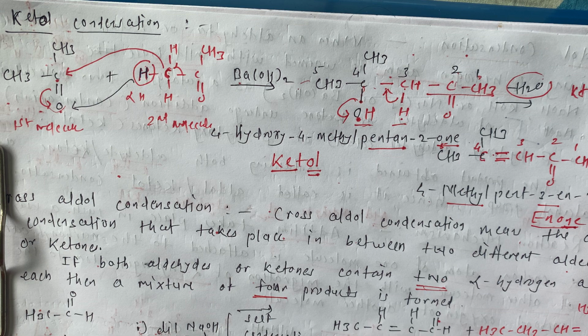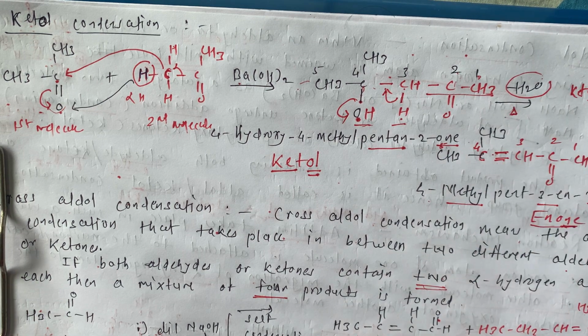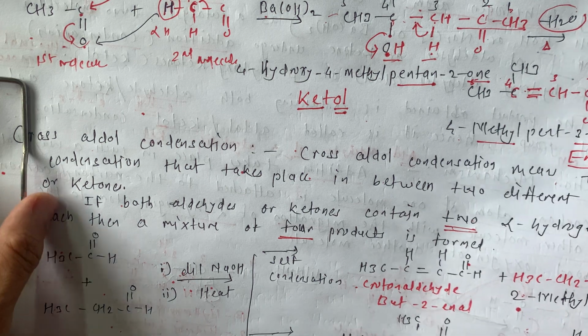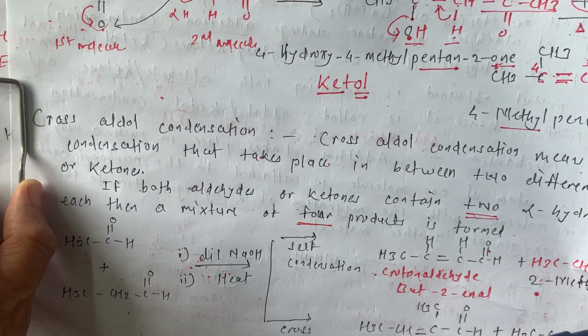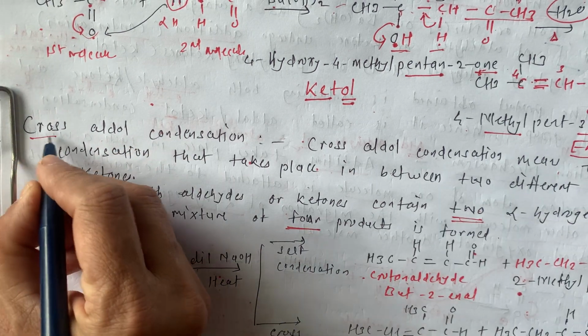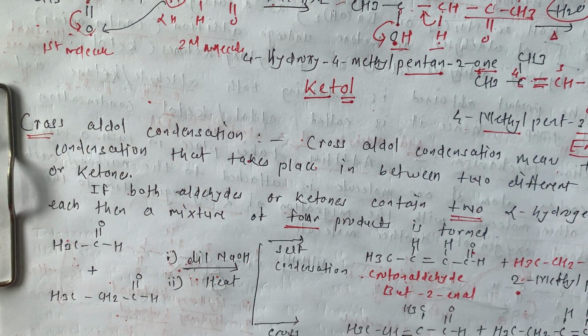This is for aldol condensation. Under this, there is a reaction between two aldehyde molecules or between two ketone molecules, treated with dilute bases, and then in the next step there is the elimination of water when we provide heat. When we provide heat, we get enone or enal products. This is all for aldol condensation. The next important reaction in our syllabus is the cross aldol condensation. From this word we have to understand what is cross: cross between two different aldehydes or two different ketones.